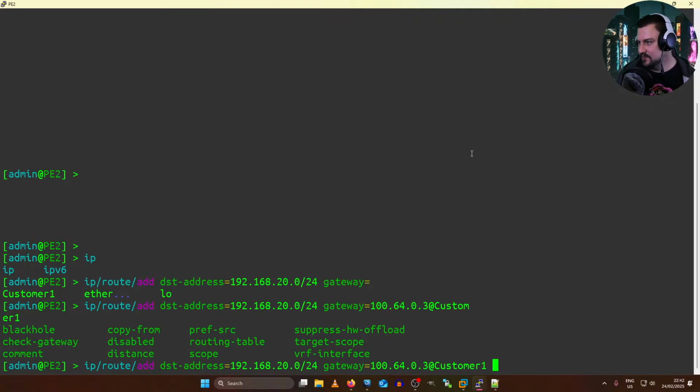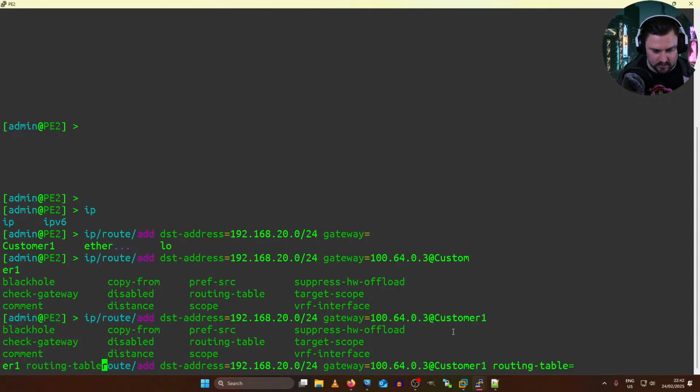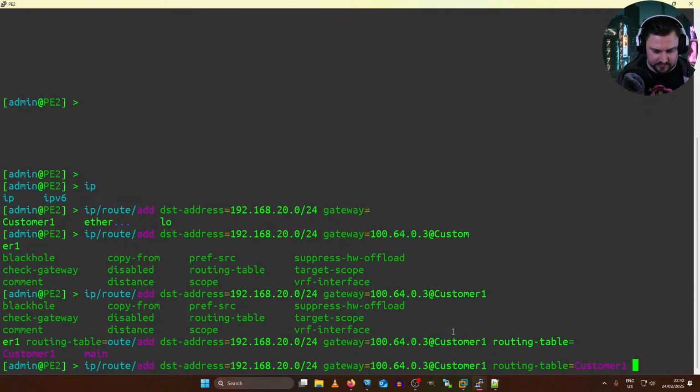So don't be me. Try and keep it the same, otherwise it can be confusing, because I might have accidentally made this a lowercase c and it wouldn't take it, because that would have been for a different VRF that doesn't exist. And let's specify our routing table as customer 1.